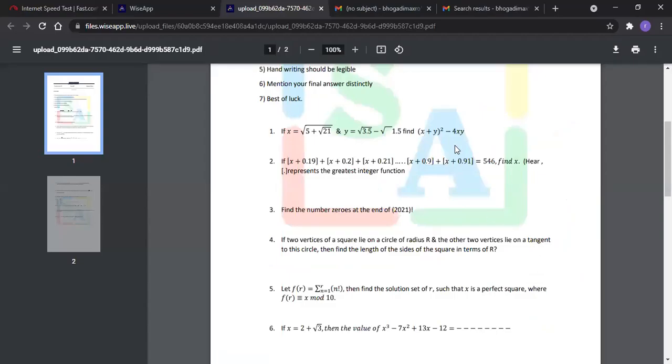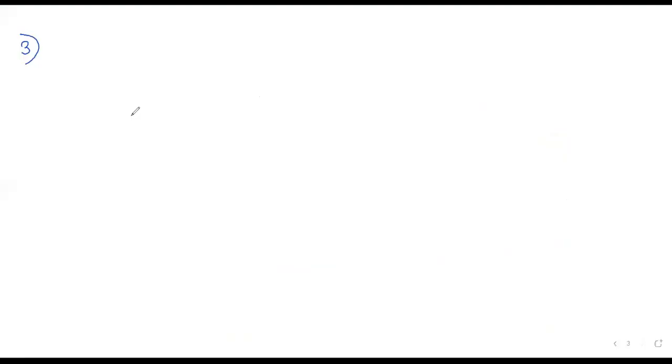Next, third question. Find the number of zeros at the end of 2021 factorial. So I'll explain in the class. You can find the number of zeros at the end just by finding the exponent of 10. Now most of you got this right in the exam, but the problem is many of you applied the method without discretion, in the sense that many of you in the exam tried to do this step of